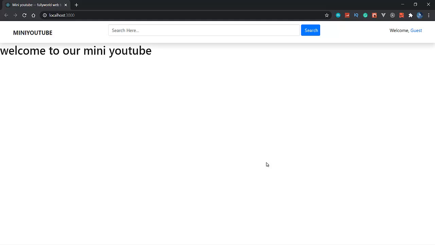So for that I will not give much preference to our interface. Now whatever interface we have is looking good and taking shape. So now the navigation bar is done perfectly.